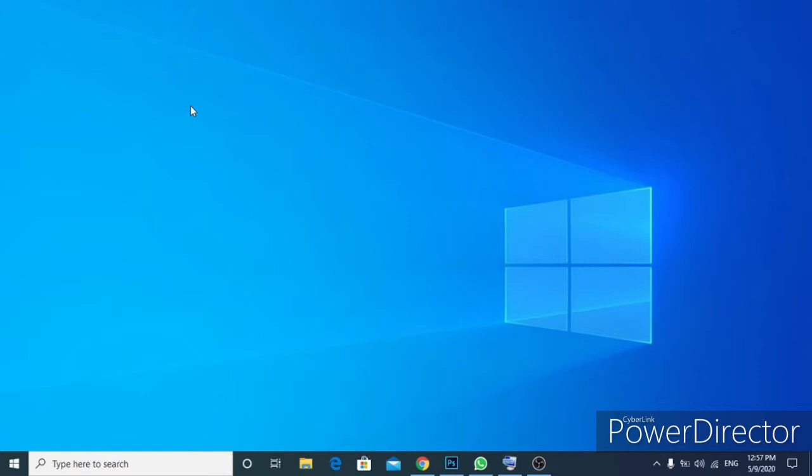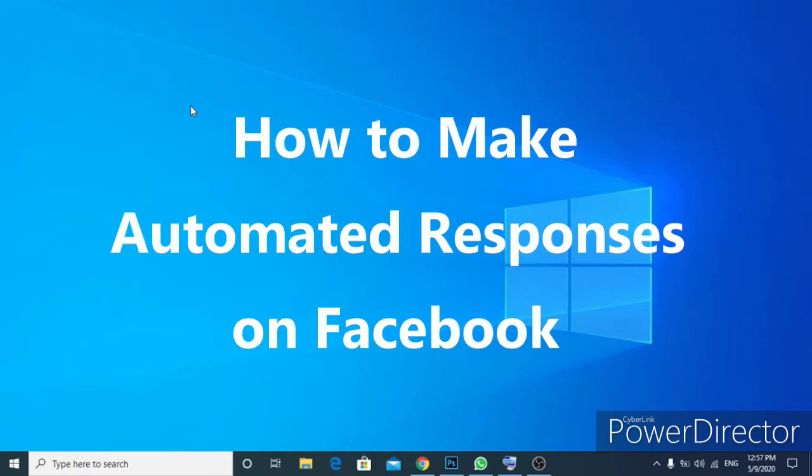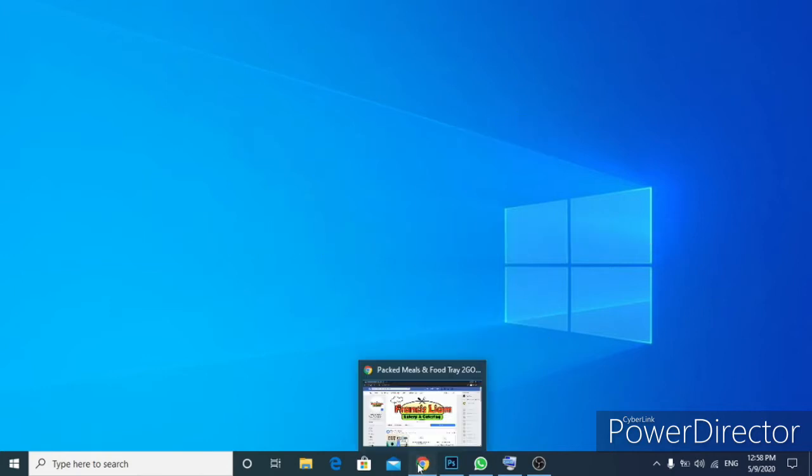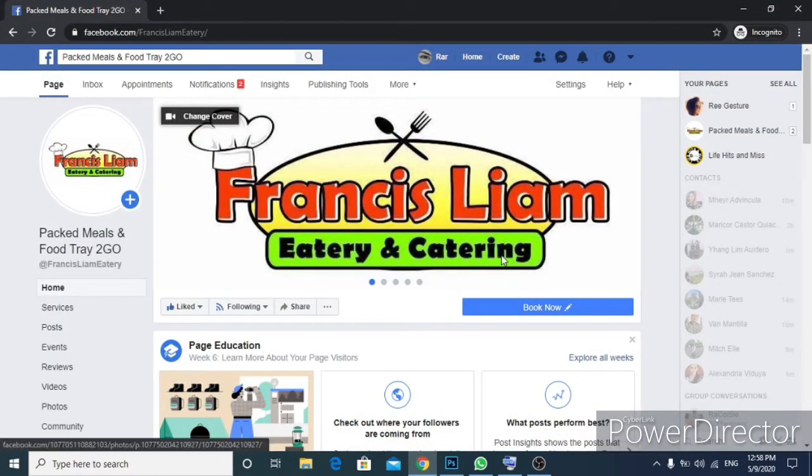We are going to learn how to automate responses on Facebook page. For this tutorial, I will use this page to make those kinds of tricks. Now, assuming that you have your Facebook page opened, whatever it is, especially for business, you can start by clicking on this button here. So this is settings, click it,